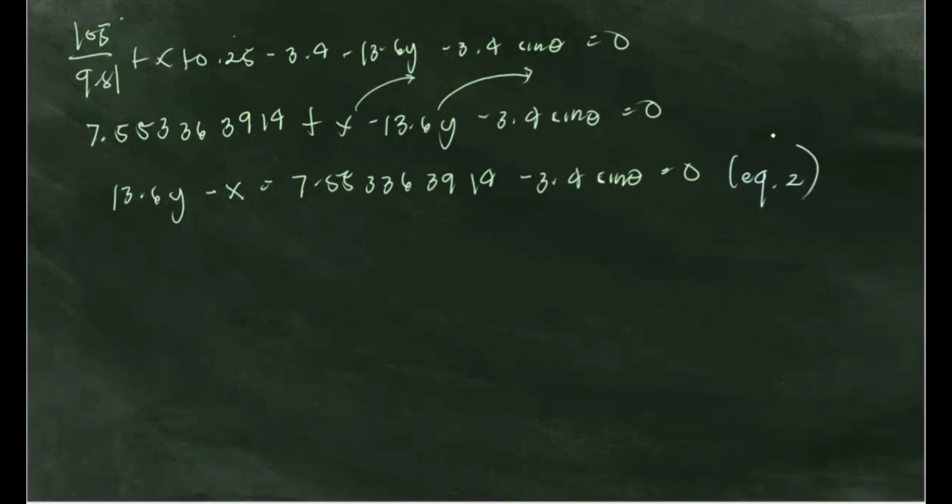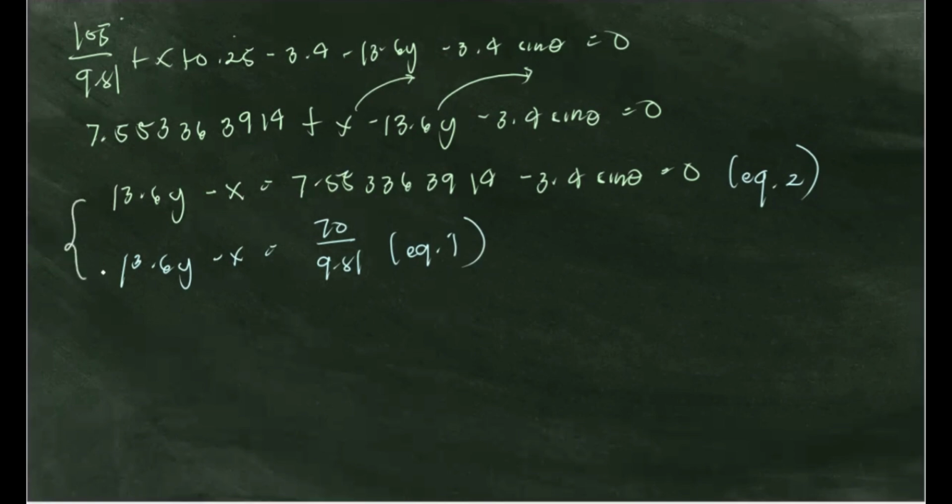Okay? So, kung meron na tayong equation number 2, anong ulit yung equation number 1 natin? Equation number 1 is 13.6y minus x equal to 70 over 9.81. So, ito yung ating equation number 1. Yan, mula kanina. So, simplifying two equations, or equating both two equations. So, 13.6y minus x is equal din dito. So, this will become 70 over 9.81 is equal to